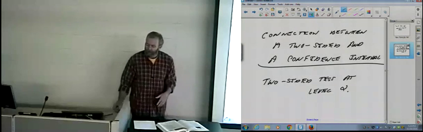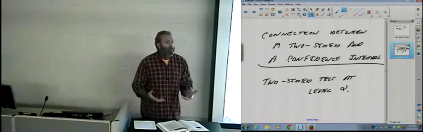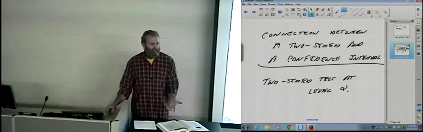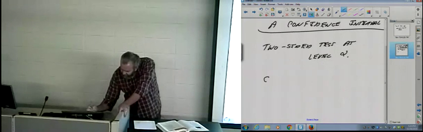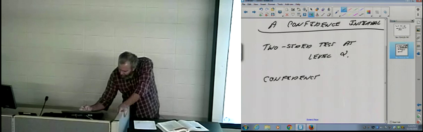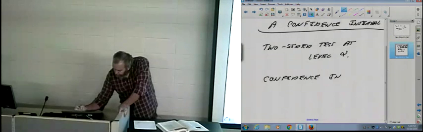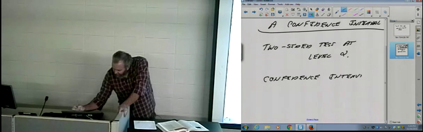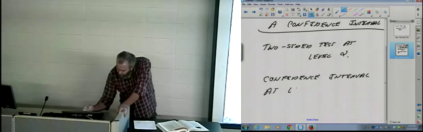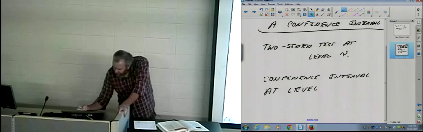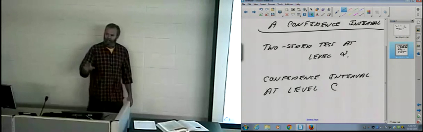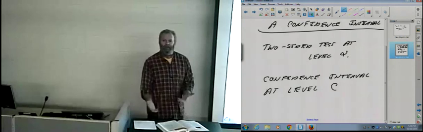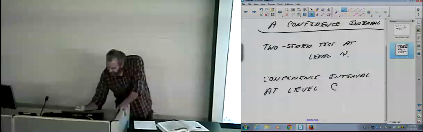Yeah? Okay. What you really want to be able to do is a 2-sided test. But the catch is the problem actually gives you a confidence interval. Right? So you've got a confidence interval that is at the level C. Now remember, every confidence interval I've done always has this confidence level we work at, whether it's 99%, 95%, 90%, whatever it is. Okay? The catch is